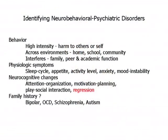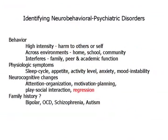But some of the physiologic symptoms I look for include disturbance in sleep, appetite, activity level, levels of anxiety or mood fluctuation can be important clues. Neurocognitive changes such as poor regulation of attention or atypical attention, inability to organize their play or their activity in a purposeful way, problems with motivation and planning, problems with social interaction, and of course, developmental regression would be a big red flag. Likewise, if there's a family history of a major psychiatric disorder, such as bipolar, OCD, autism, these may provide clues